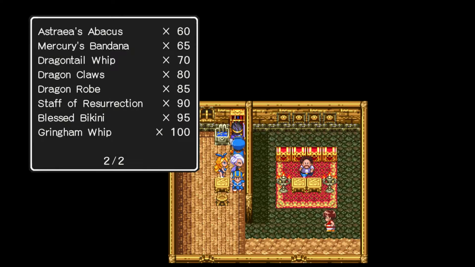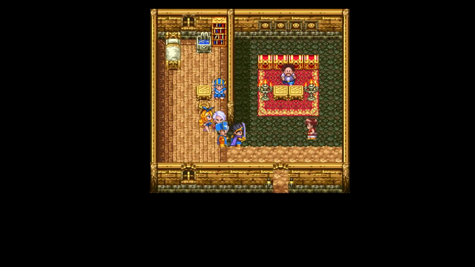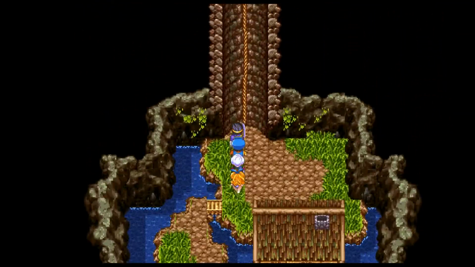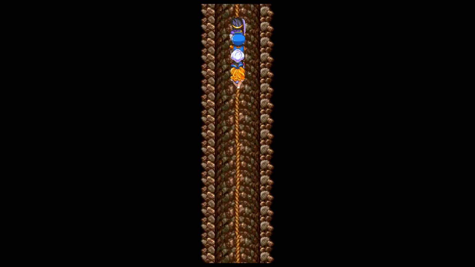Oh, it's the directional pad to change the tab. Okay, Astraeus Abacus at 60, Mercury's Bandana at 65, Dragon Tail Whip at 70, Dragon's Claws at 80, Dragon Robe at 85, Staff of Resurrection at 90, Blessed Bikini at 95, and the Gringram Whip at 100. Depending on what version you're playing, there are actually 105 mini medals. Once you collect all of them, it has a reward for something that doesn't show up in this list, and that is the mini-game